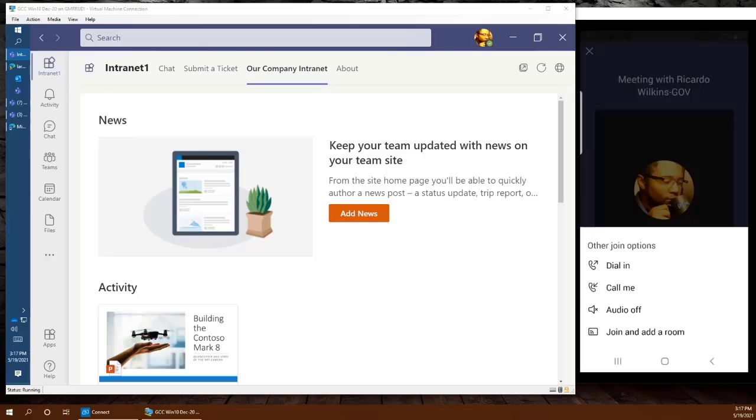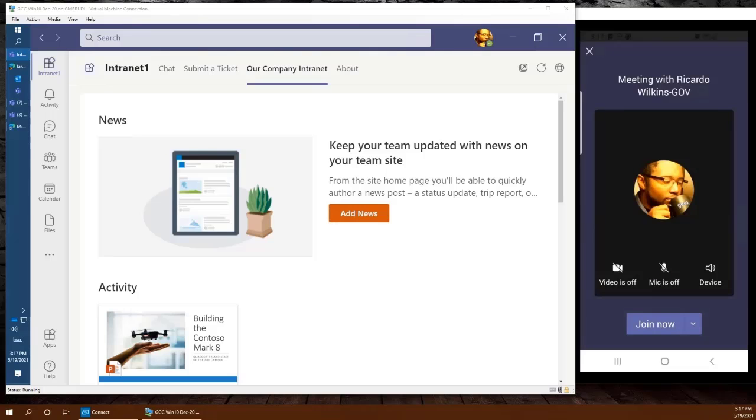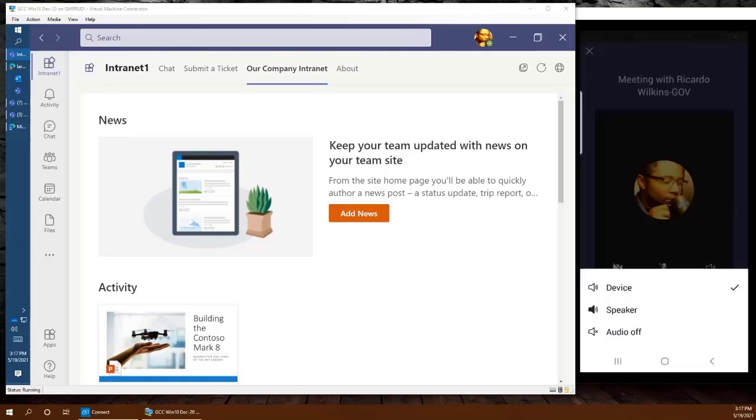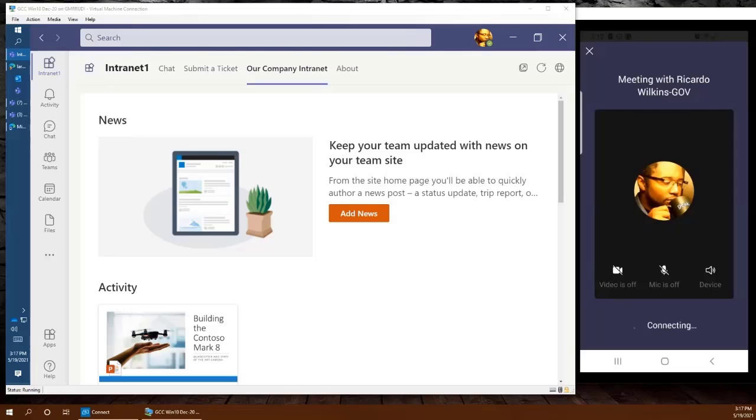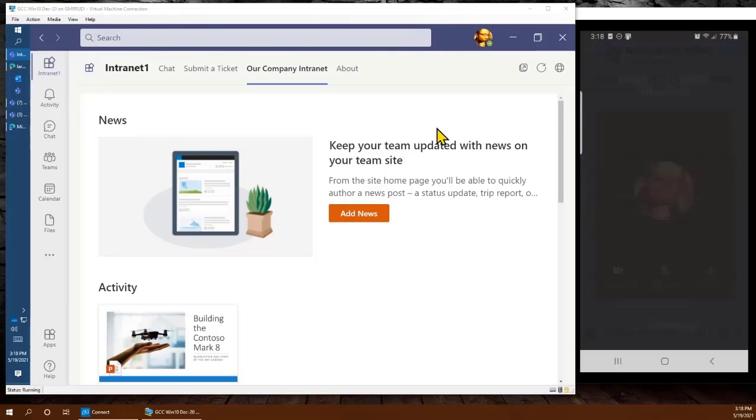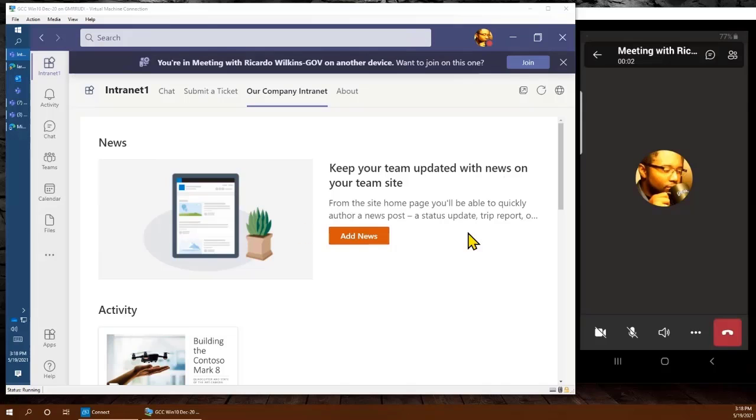This is a tricky one for me because I've got so many Bluetooth devices and things like that. But in general, your device is going to be speaker off, and then I go ahead and hit join. And I've got my desktop client up here as well. Now, hopefully what you noticed, if you were looking carefully, once I'm in my meeting here on the mobile,